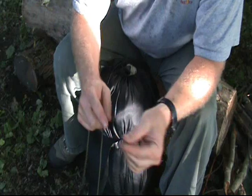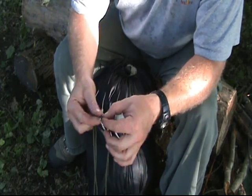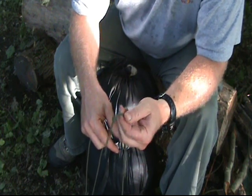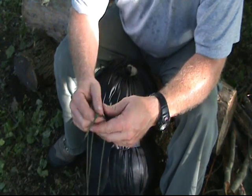So like I said, the reason I said be prepared to lose this little piece is because if you want to use this for something else, you'll have a knot in here and you really cannot get it out unless you beat on it with the back of a hatchet and it damages your line. So just be prepared to lose that little bit of line. So once again,